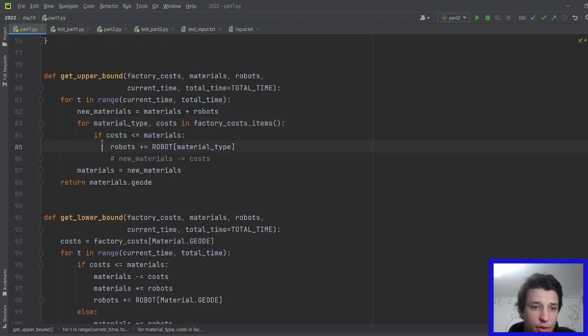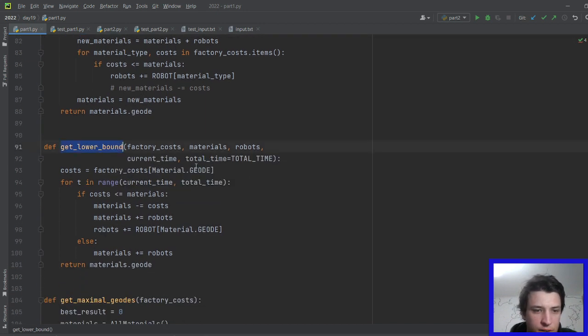Then if we can afford it, so the cost is lower or equal to the materials we have, we add one robot of that kind to our robots, and then we go to the next time step. Importantly, in the puzzle itself, we're only allowed to buy one robot per round. We ignore that here, and also we conveniently forget to pay the costs. So that's why this function will give an actual upper bound. And yeah, in each step,